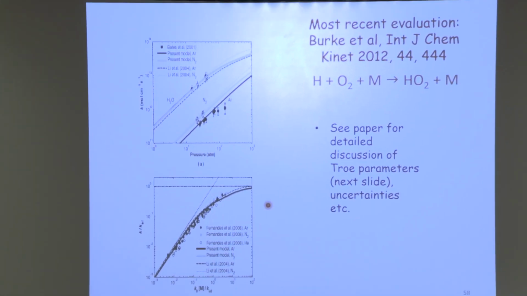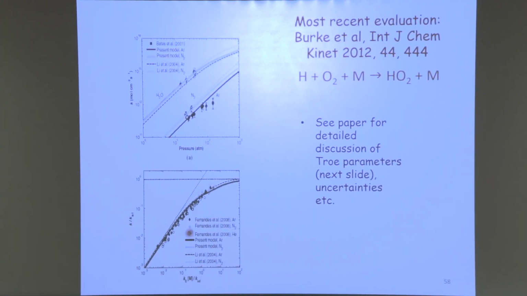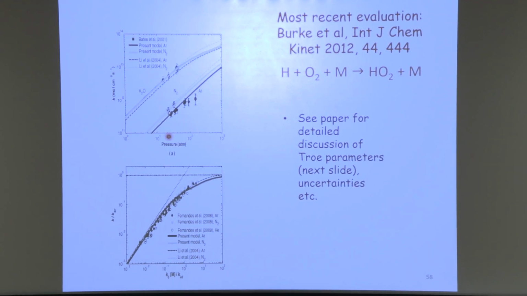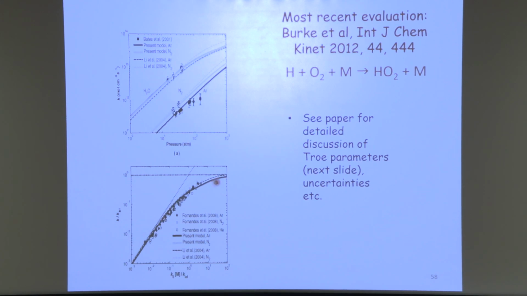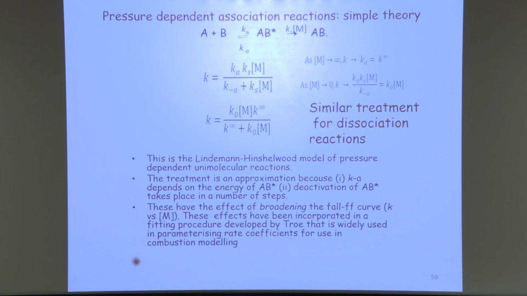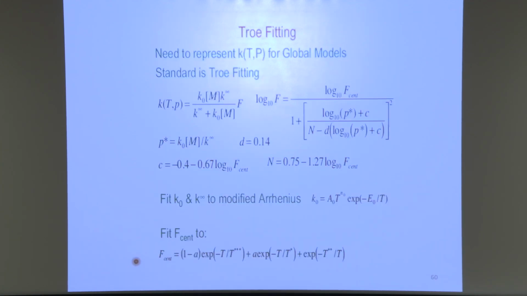You can make this nice plot of all the different bath gases together, and in theory, it should all match exactly on this line. It's not exactly like that, but you basically make a curve where you just divide the k by k infinity, so it's going to go to 1. All of them will go to 1 when you get to the Boltzmann limit, which is thermalized. And then the low pressure behavior mostly all comes together too. So Troe,